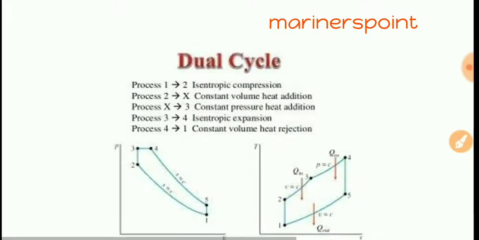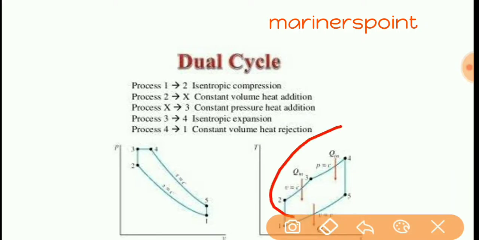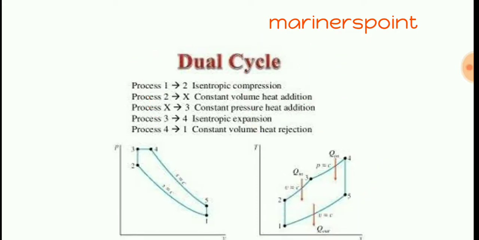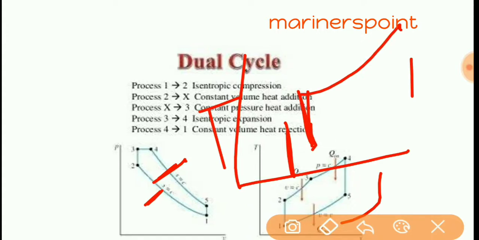Okay, only you will get confused in the TS diagram, but do not get confused. When adiabatic compression takes place, then from T1 temperature will increase, and at that time T and S, and I have already told you isentropic, that means entropy will not change. These two are isentropic processes. This is T and S. So already you can draw, here entropy will be fixed. Now you can draw the diagram.